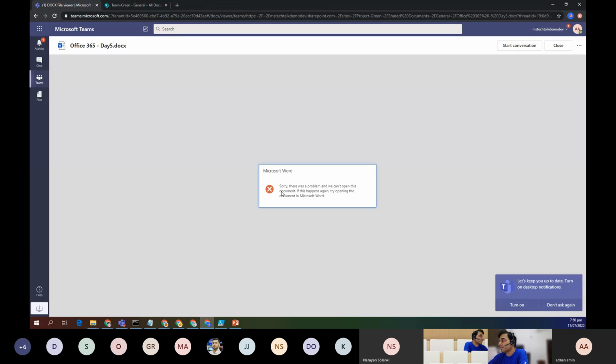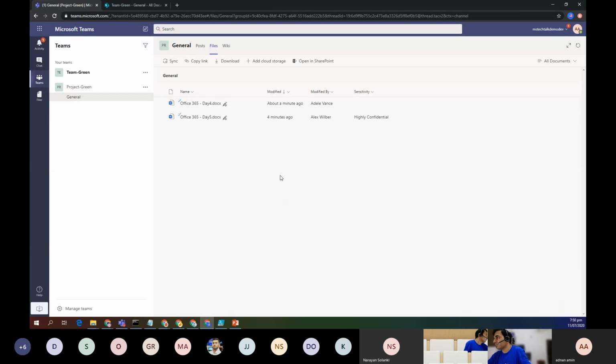So here you can see that it's not showing me the document, and surely there was a problem, and we cannot open this document. And it should show the relevant message, because if I open it on SharePoint, it will show me the reason for the